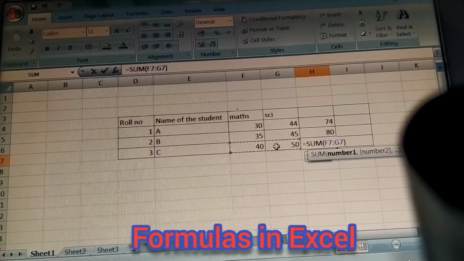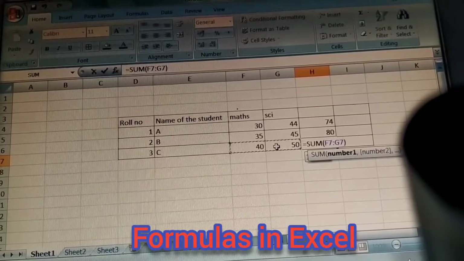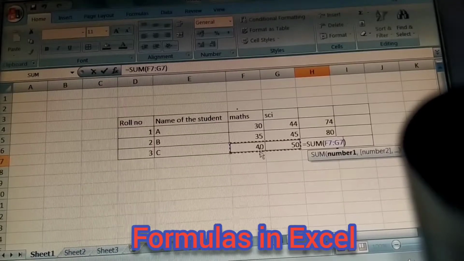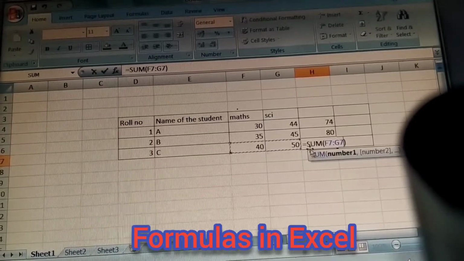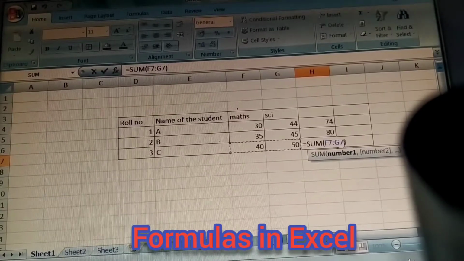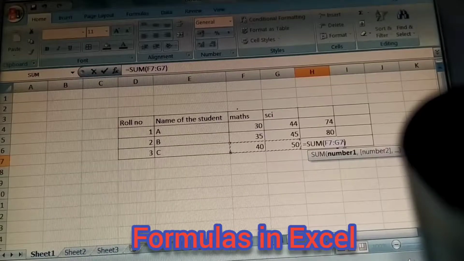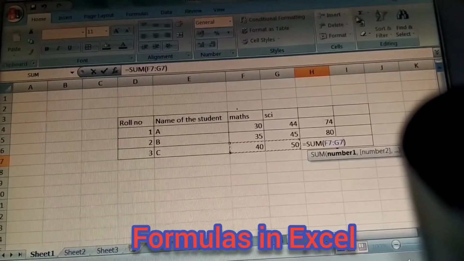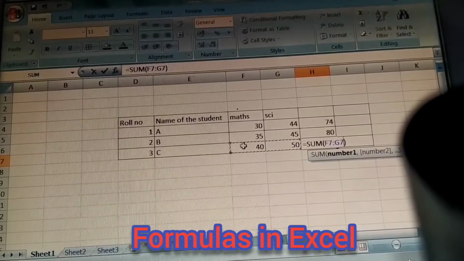So we can select this cell also. These two cells we want to add now. So select and press only C. When you select, automatically the SUM spelling also came, and in the bracket, starting from F7 to G7, selecting those cell addresses also. So no need to type, only click there and it will come, and press enter.